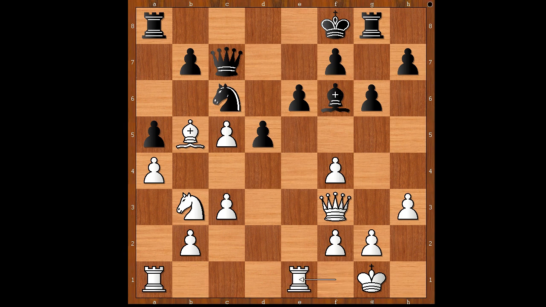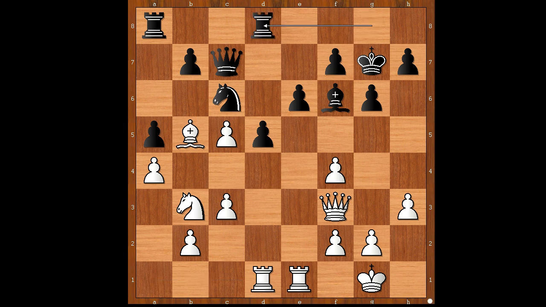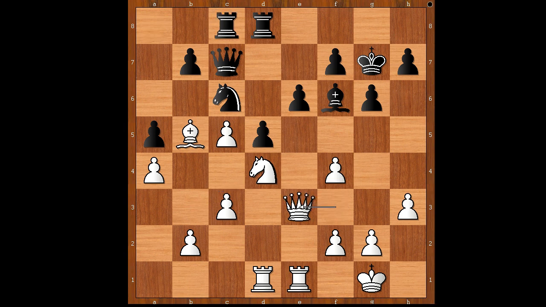Rook from f to e1, king to g7, rook from a to d1, rook from g to d8, knight to d4, rook from a to c8, queen to c3, repositioning the queen. And there is a reason behind this move. You will see the reason shortly. King to g8, g3, knight to e7,